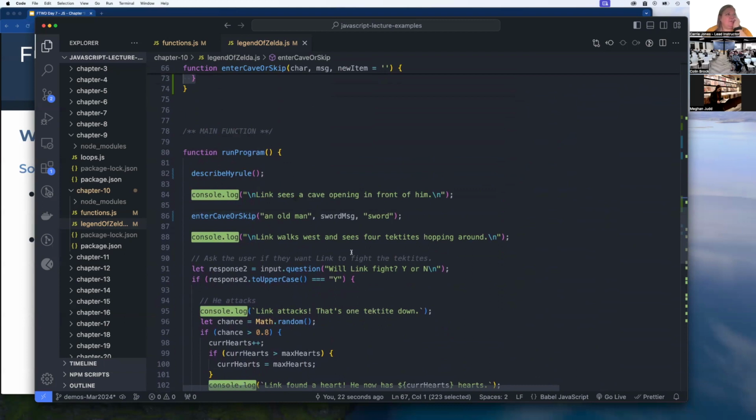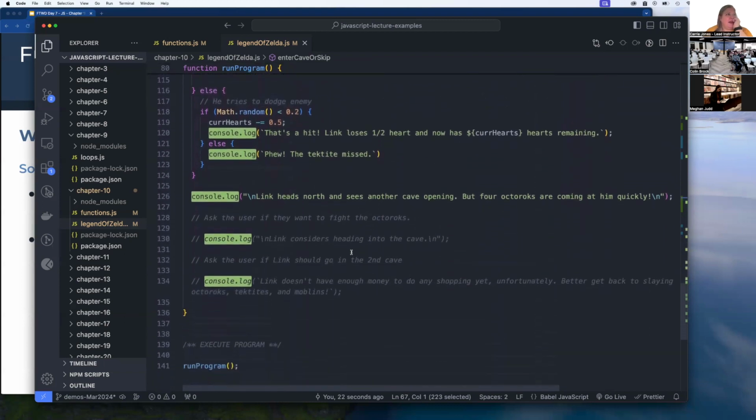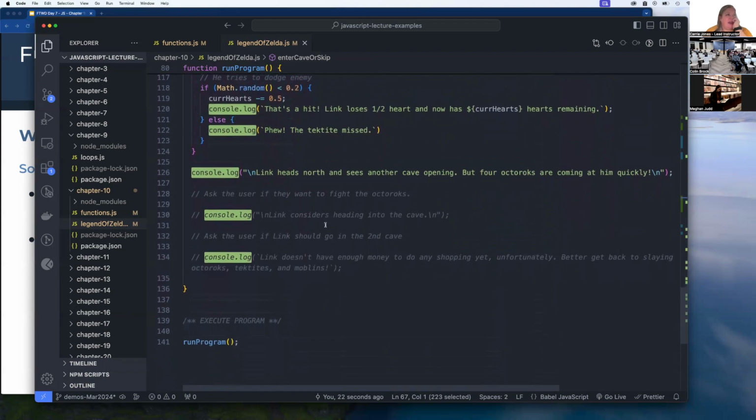We have another place later where we have another cave that Link could consider heading into. So this is another opportunity where we could then use these again. So if I come down here, at this point in the program, Link considers heading into the cave when he sees this cave opening,